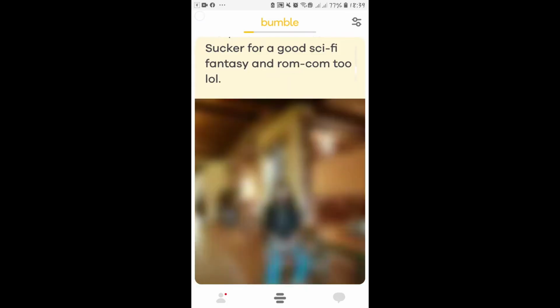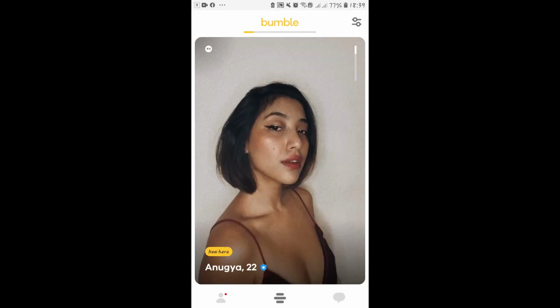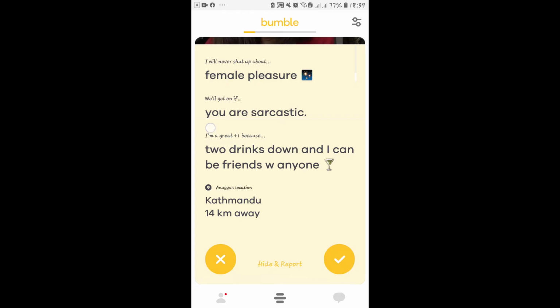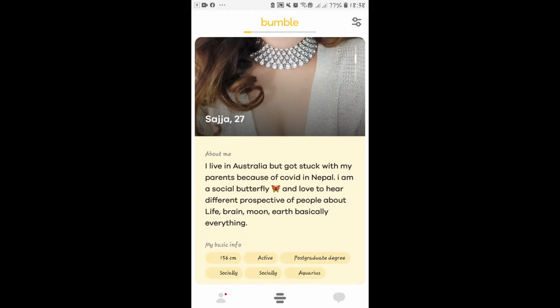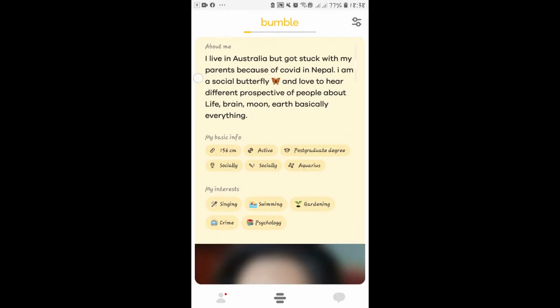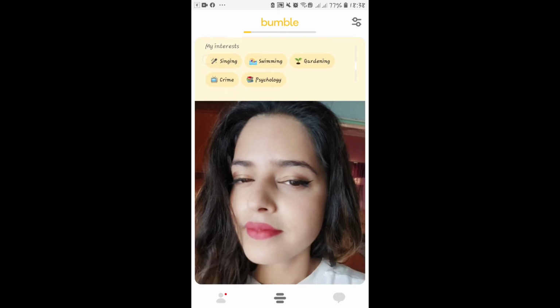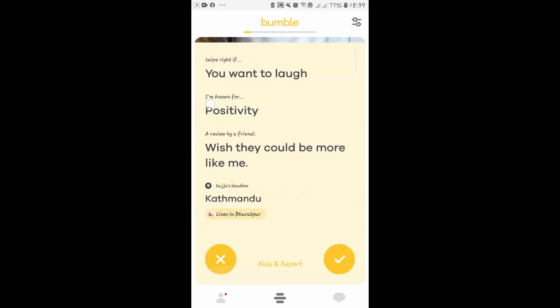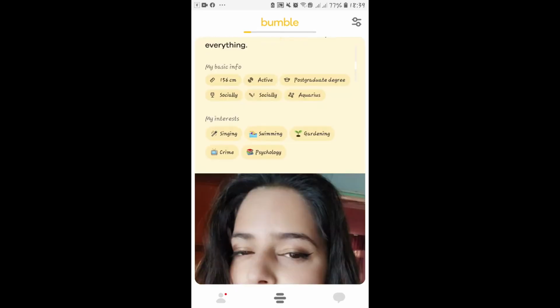If you open up the Bumble application, you will find various profiles that you can swipe left or right on. When you come across any profile, you can scroll downwards and find various other information about these people. Depending on whether they have connected their Instagram account with their Bumble account, you will also be able to see